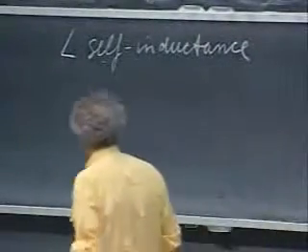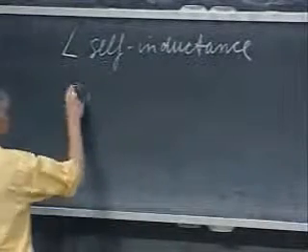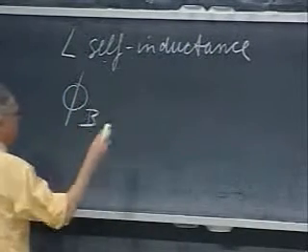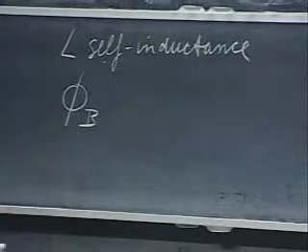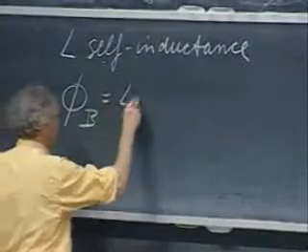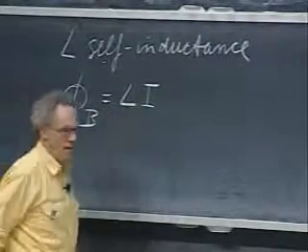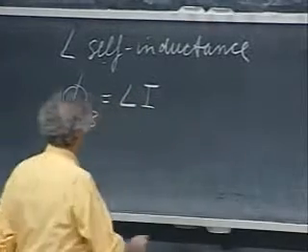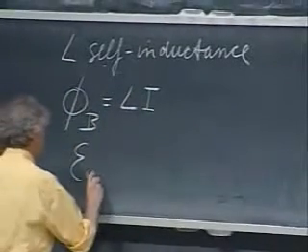Magnetic flux that is produced by a circuit is always proportional to the current. If you double the current, the magnetic flux doubles. And so it is the proportionality constant that we call L. That is a self-inductance. And so therefore the induced EMF